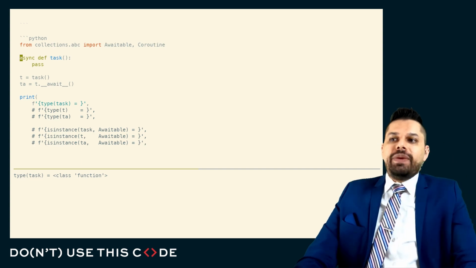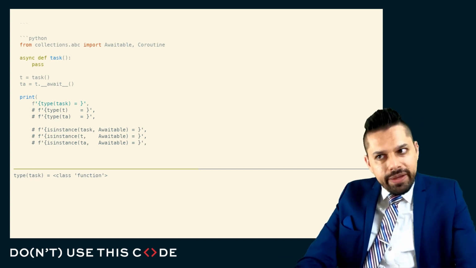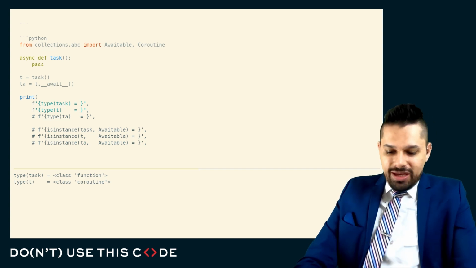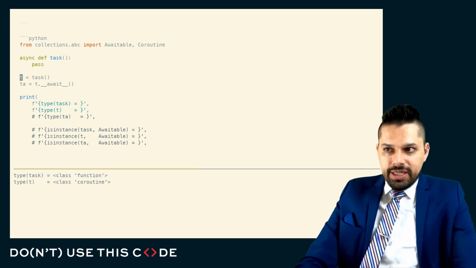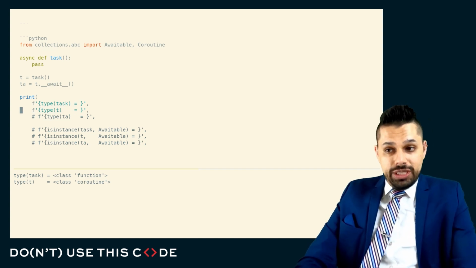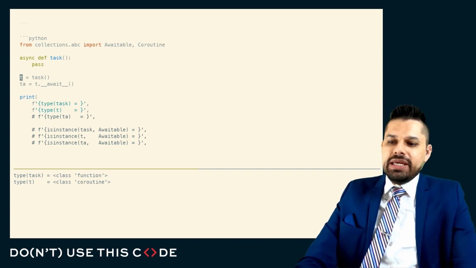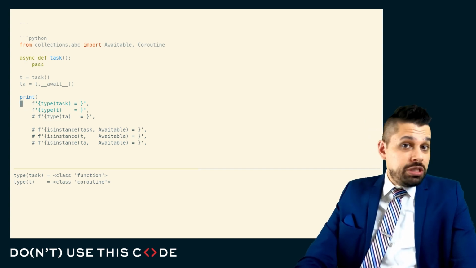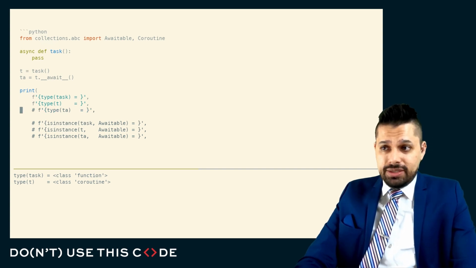And Python doesn't actually make a distinction in terms of the types of these things, or what Python calls these things at that level. If we ask Python what happens when we invoke this thing, it says this is a coroutine. So Python says the result of calling the function that's defined with async def is a coroutine, which is not even close to how we refer to these things.